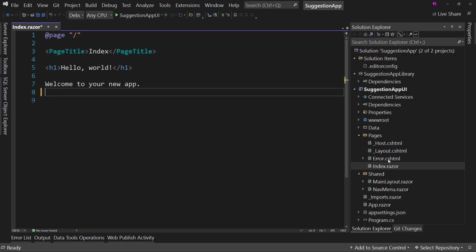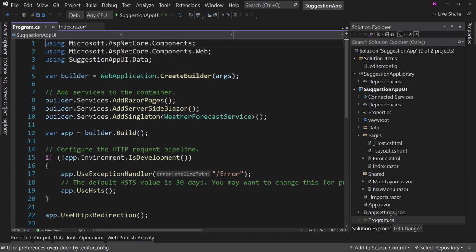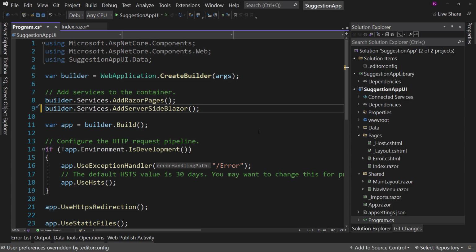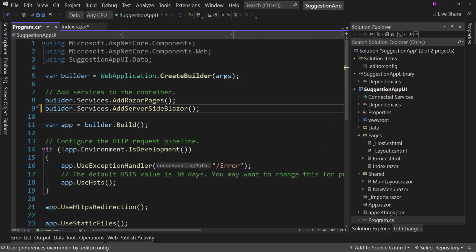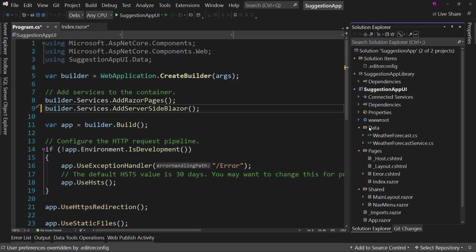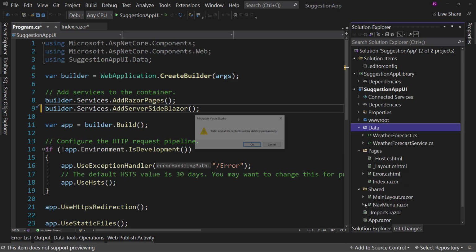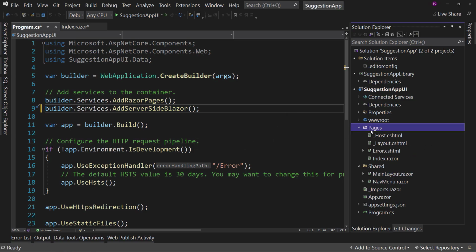And then let's go to our program.cs and get rid of the weather forecast service. And let's look through and see if there's anything else we have to get rid of. We're pretty close. Oh, data folder. That whole data folder can go, because that's just the service and setup for the weather data. Therefore, that can go as well. I think that's about it,